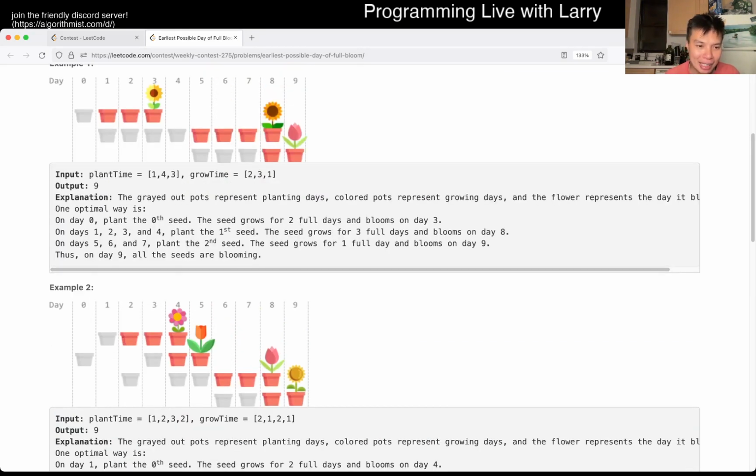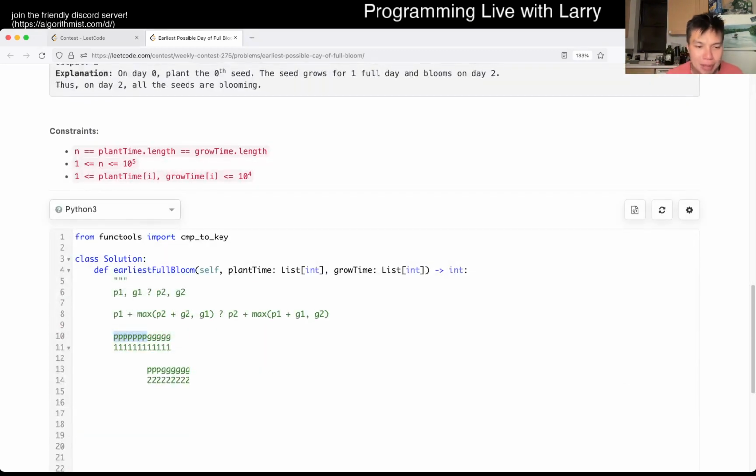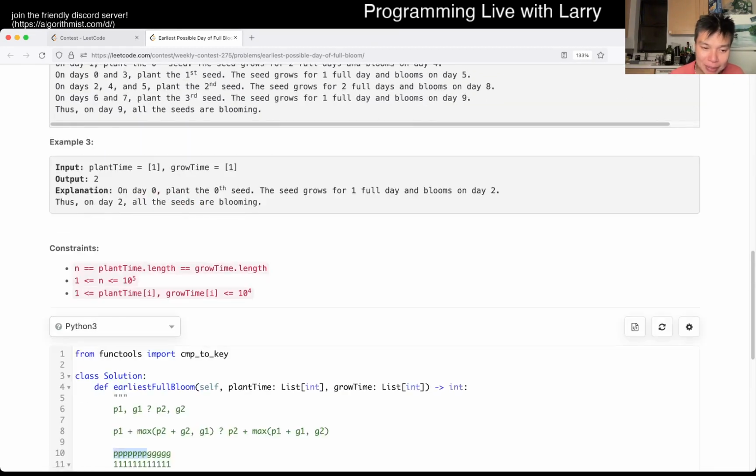What I mean by that is that in example 2, there's some weird gap in between the planting. But if you really think about it, especially in this diagram, if you just swap around when you plant stuff, it actually doesn't matter. You can move the first one on row 3 to row 2 and then swap that down, and that doesn't change the answer. So that's basically the idea: don't let these examples fool you, because sometimes they can.